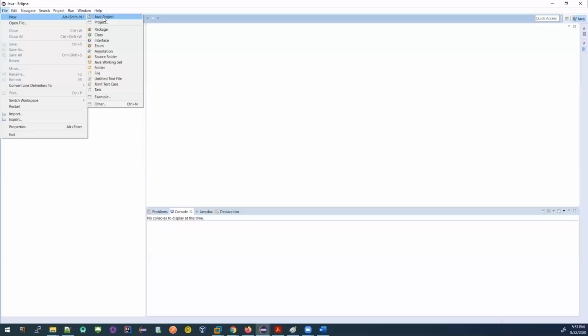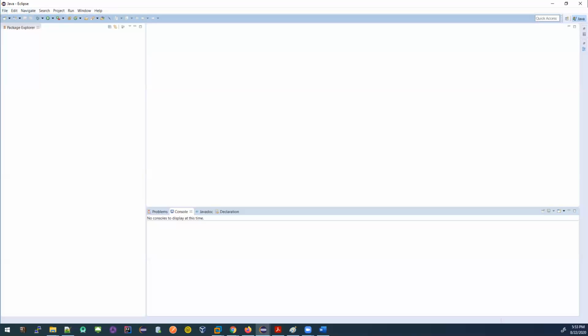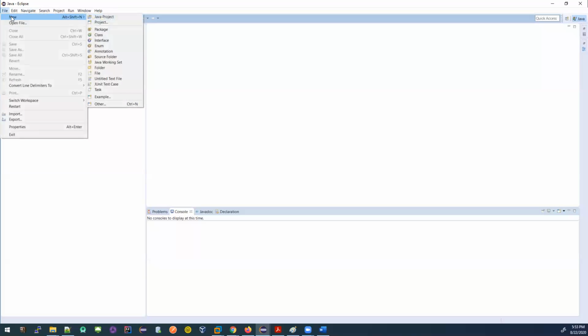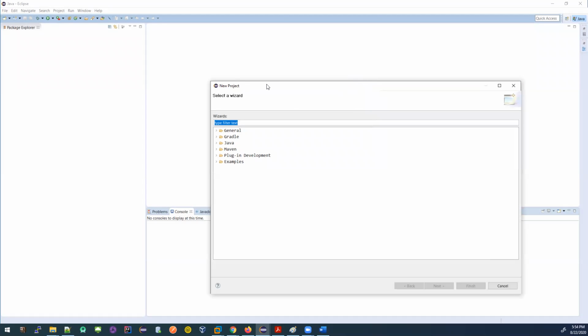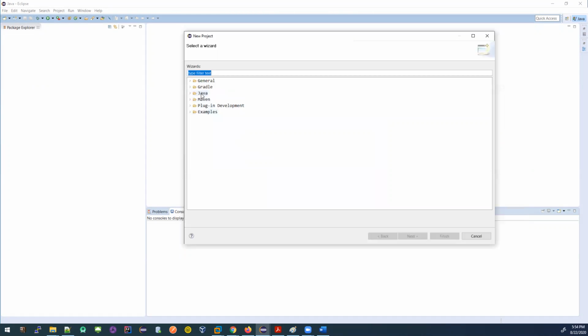If I click on Java project, so first what I did, I went to File, I go to New, and I click on Java project. Okay. If someone has a different window, it looks different, don't panic. You still go to File, go to New. It should be File, something called Other or Project. If you don't see Java project displaying in here, just simply go to Project. Click on Project. If you click on Project, just make it bigger a little more so you have more space to see. Okay. Then you will find Java here.